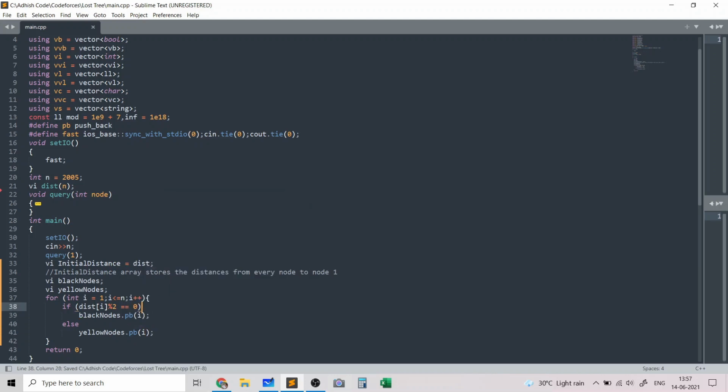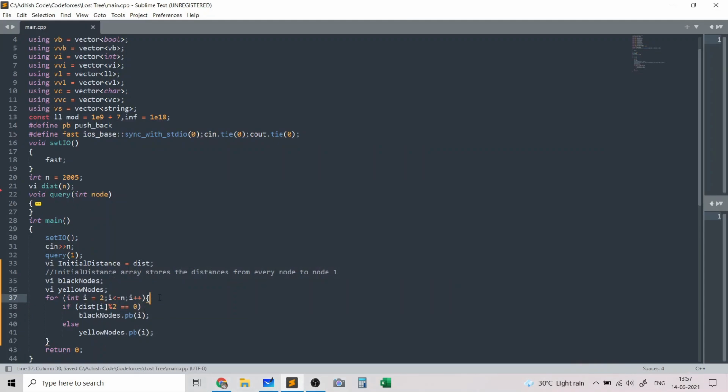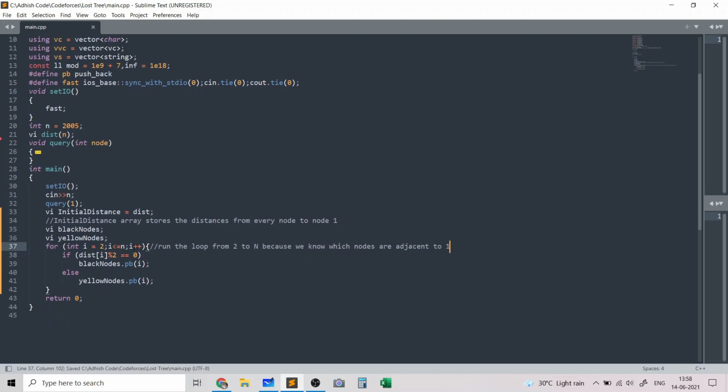And one important thing to note here is we need to run the loop from 2 to n because we already know the adjacent nodes from 1. So run the loop from 2 to n because we know which nodes are adjacent to 1, and this is actually an important optimization which you need to keep in mind, which is specific to this problem.